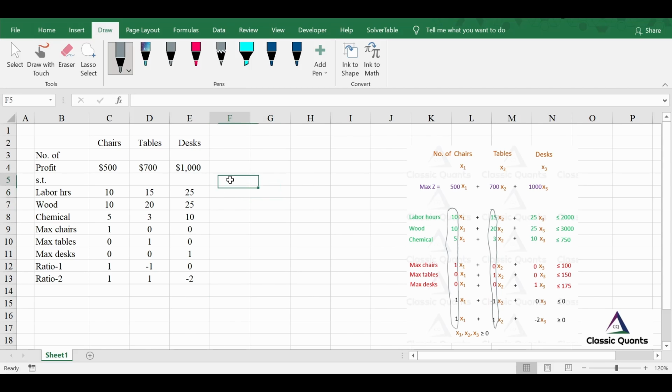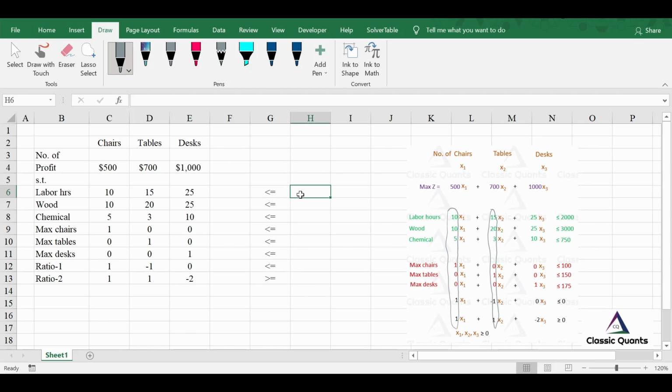Now in this column you write the sign of the constraint, like is it less than equal to or what. Note that the first three are less than equal to, the next three are also less than equal to type, this one is also less than equal to, and finally this is greater than equal to.